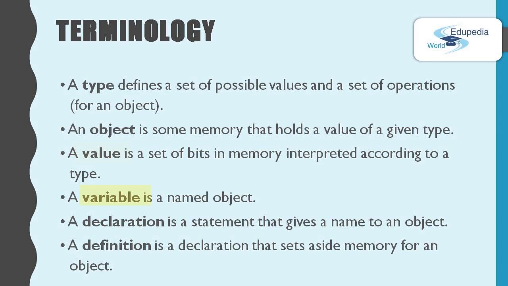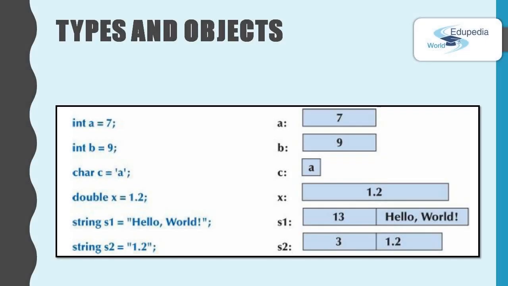A variable. We already discussed that in the previous episode. We learned how to name a variable. So a variable is a named object. Declaration is a statement that gives a name to an object. And a definition is a declaration that sets aside memory for an object. I hope now you got the idea what they mean. So let's move forward. Informally, we think of an object as a box into which we can put values of